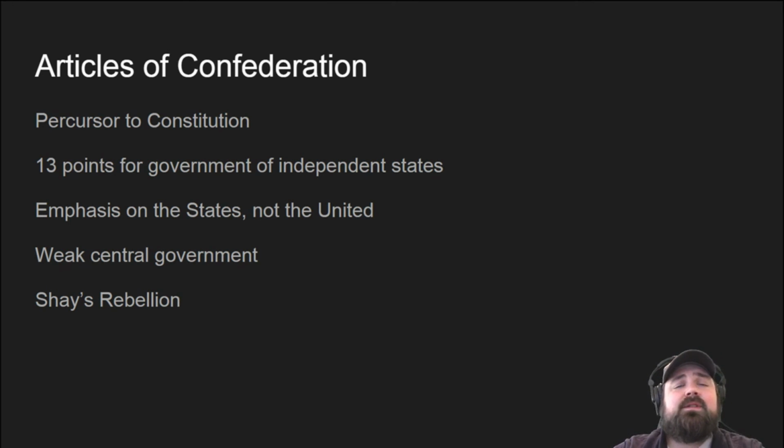So the Confederacy failed. The Articles of Confederation failed in large part due to the weakness of the central government. It made all states sovereign and co-equal without any sort of central authority. So it couldn't really even defend itself. It was meant to be a mutual defense government, but it couldn't even do that.